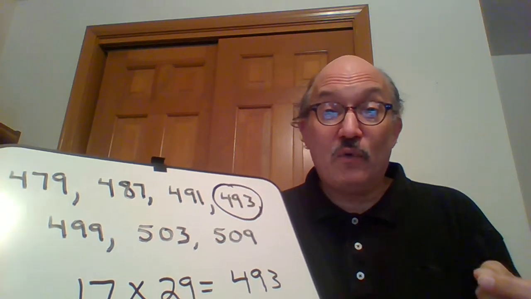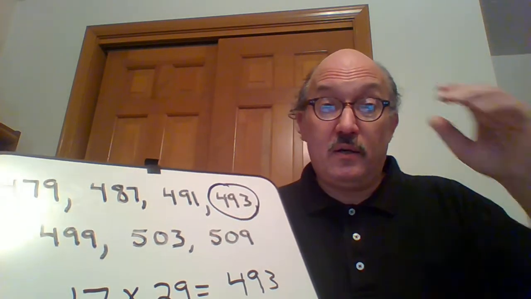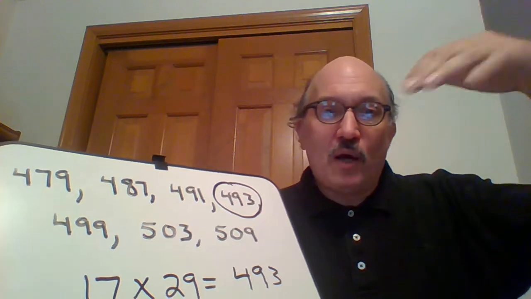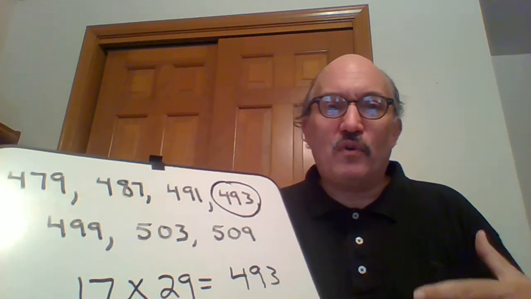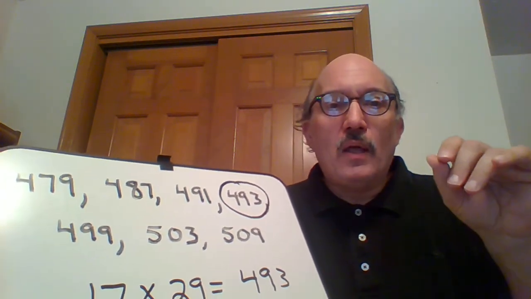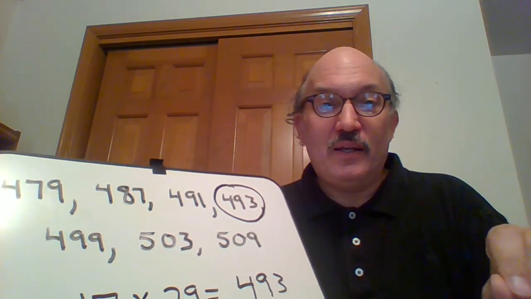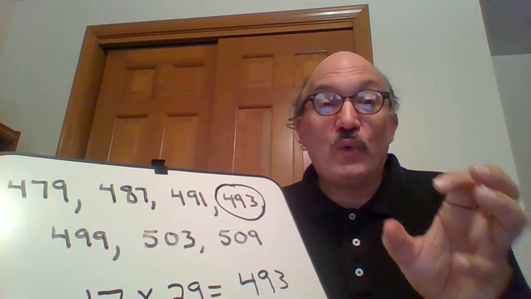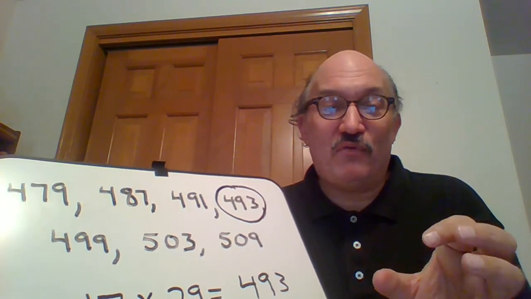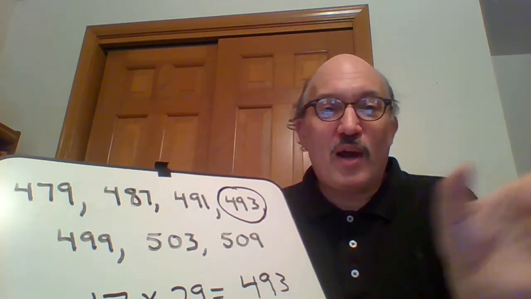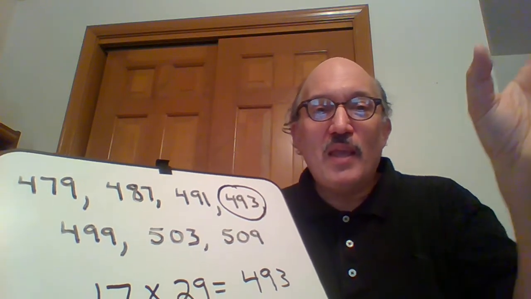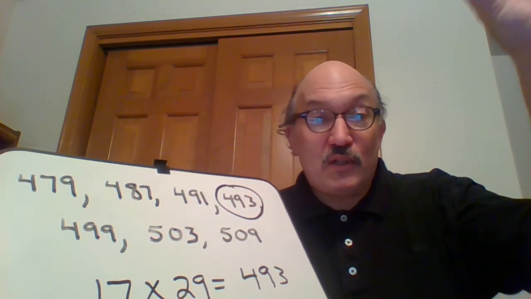When you buy things over the internet and you're giving your credit card number out, sometimes we read about people getting hacked, but the information that goes over the internet is what's called encrypted. It's made into a secret code, and the secret code is based upon the fact that if you take two big prime numbers and multiply them together, and then you have that big number that's not prime,